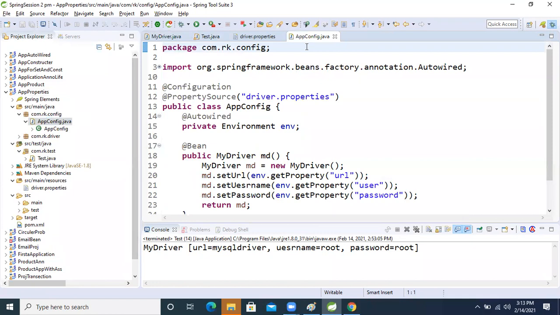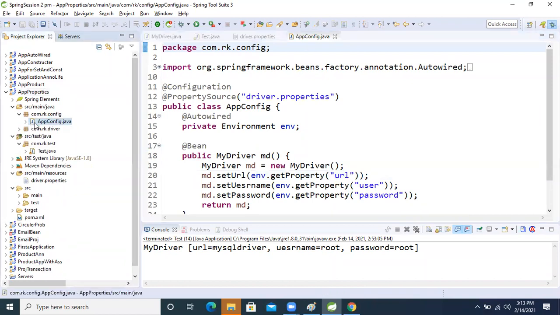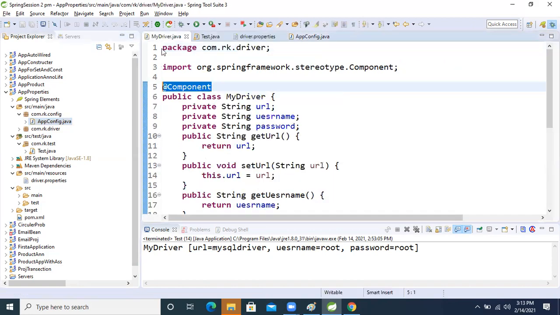Reconnect. Today's class is very important, right? Because based on this class only, I will explain Spring JDBC and Spring ORM. Because of that I'm explaining these things. This is very important for day-to-day development also, in the industry. Because of that I'm explaining. Okay, so now come here. What I said, that number